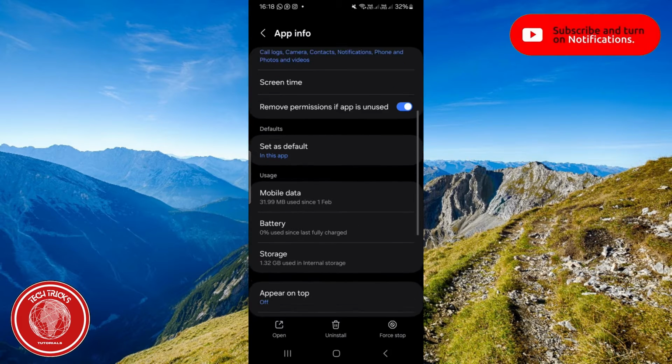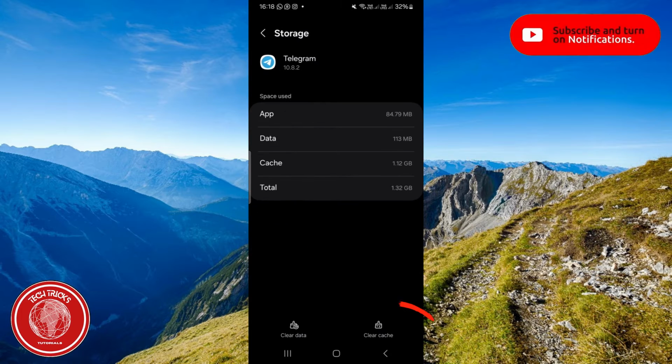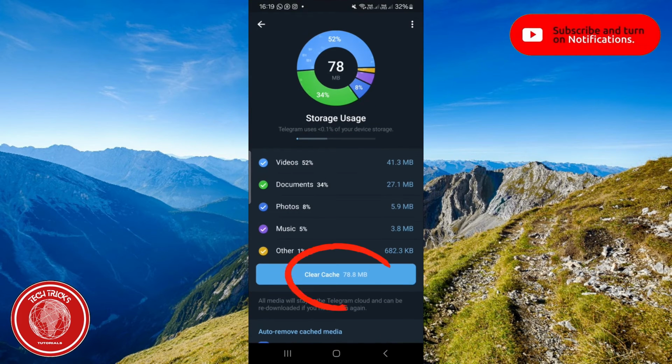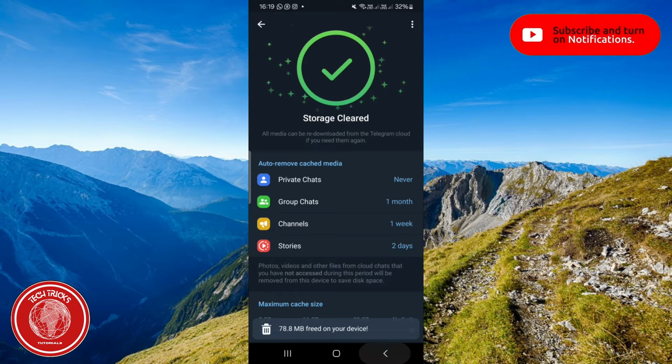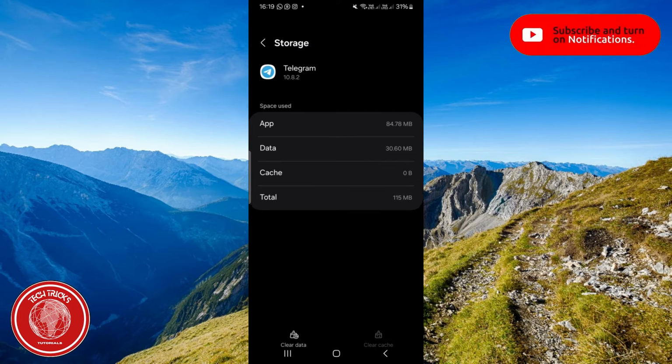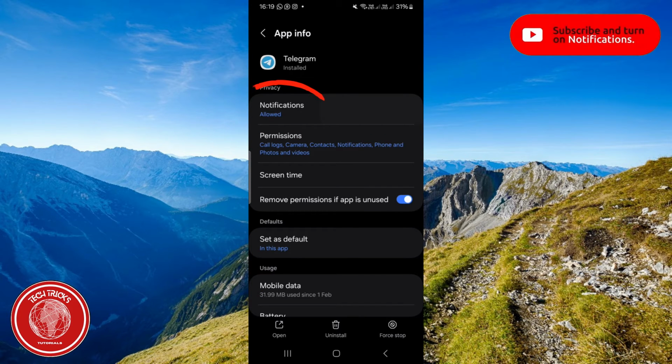And just scroll down a little bit and go to storage over here, and then click on clear cache and clear data. And click on clear cache over here and just click on this option. And now go back once again and go back here, and then go a little bit up to notifications and